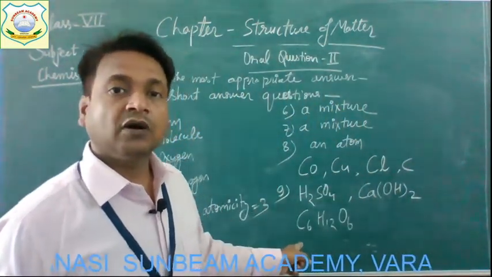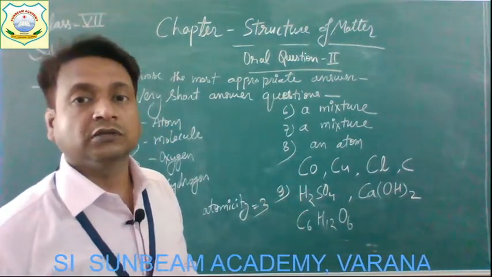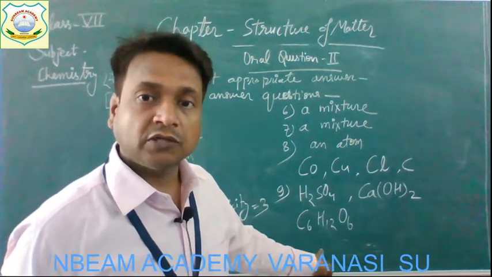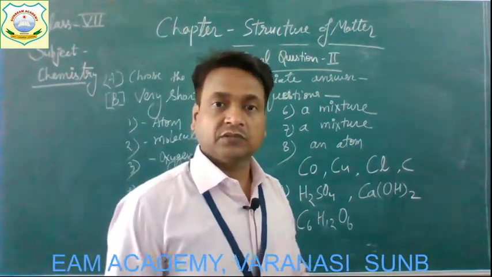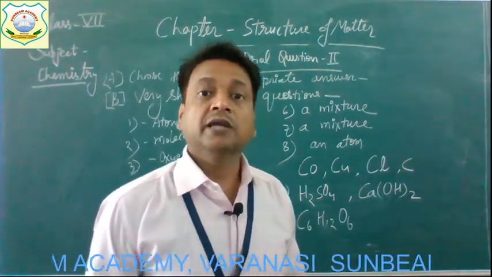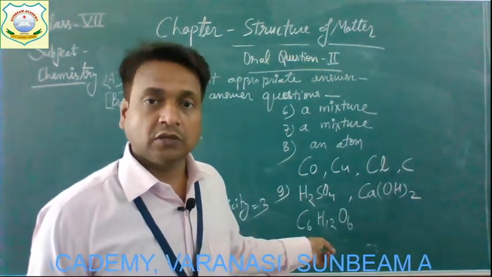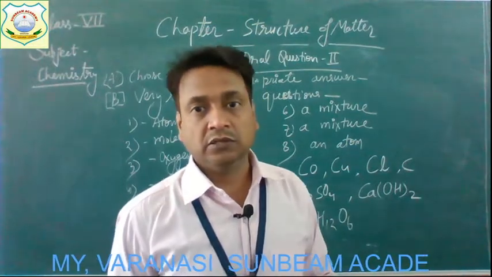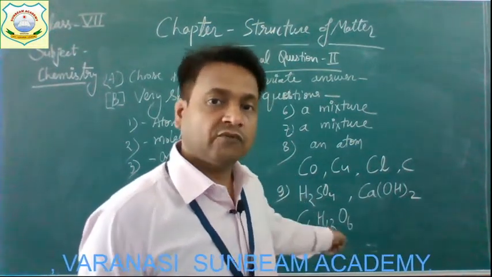This is the formula of one molecule of sugar. It means that one molecule contains 6 carbon atoms, 12 hydrogen atoms and 6 oxygen atoms. You can also say glucose. So don't get confused between glucose and sugar. You will write the same formula,